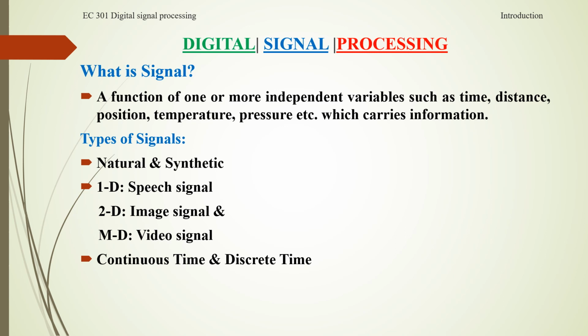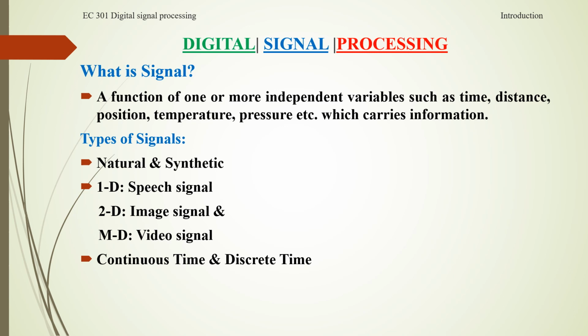First of all, we have to understand the individual terms of digital signal processing. First, we will look into what is a signal. Examples of signals that we encounter frequently are speech, music, picture, and video signals. Signals play an important role in our life because signals carry information. The formal definition of a signal is a function of one or more independent variables.